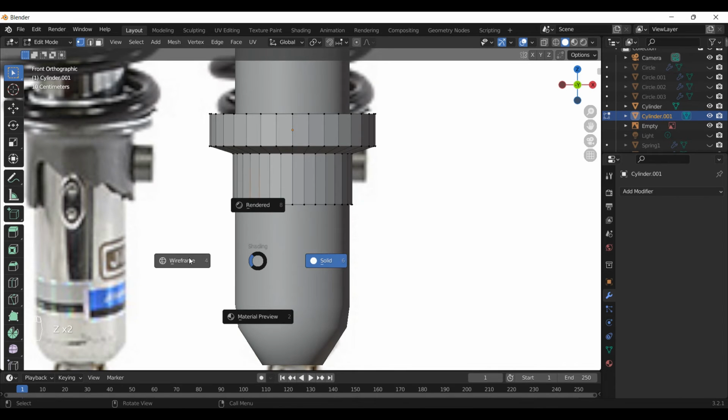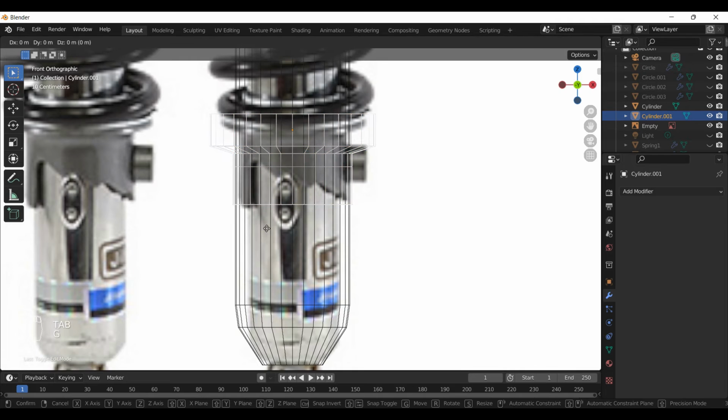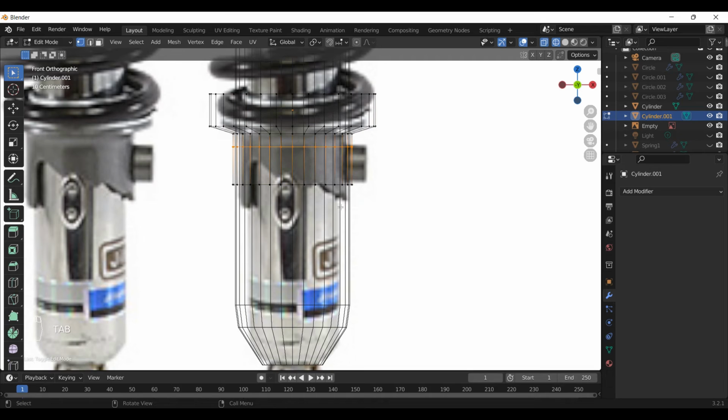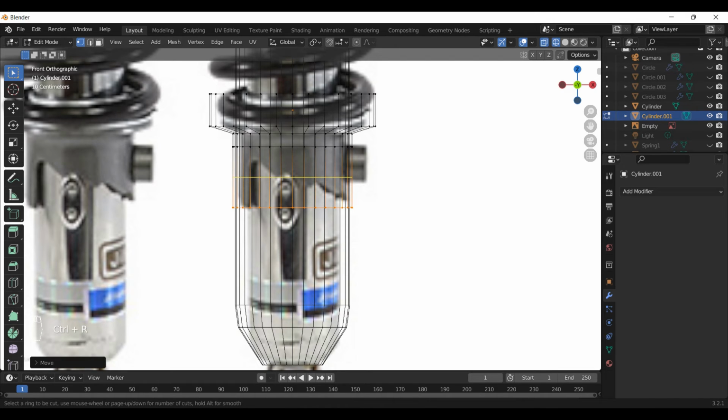Enable our wireframe mode and add a loop cut here, because we did not go to exact size, so we will be extending it till here, and selecting these vertices, bringing them down like this. Add a loop cut here, and